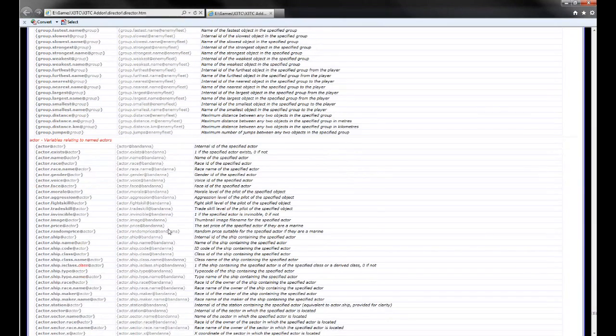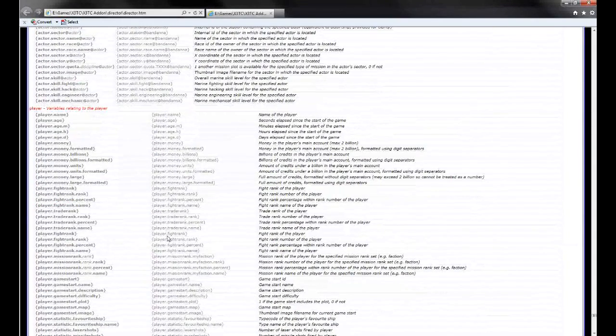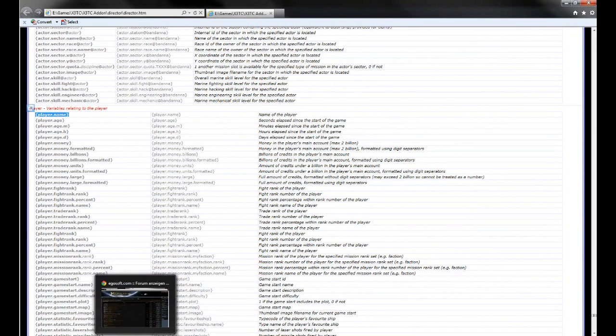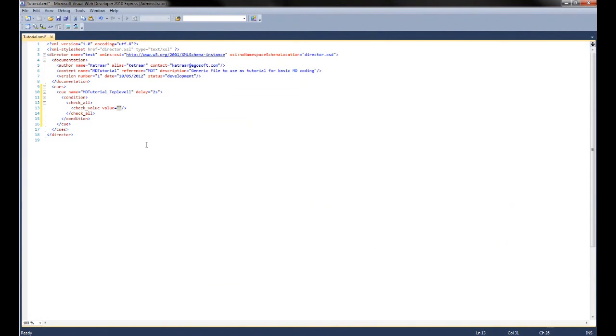We move here to the director HTML file, and you can see there are all sorts of player variables already set up for us to use. So I wanted to check the player's name, so name of the player. So you can just copy that, move to the check value, place, so check value player name, and it will need to be exact, and I'll just put in here